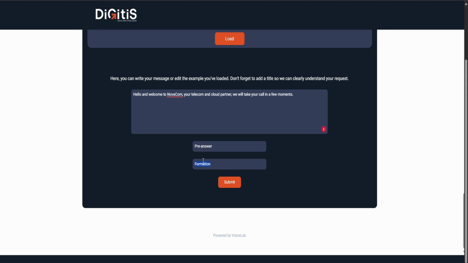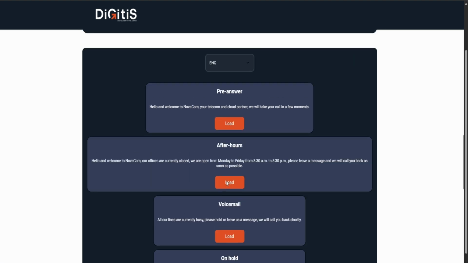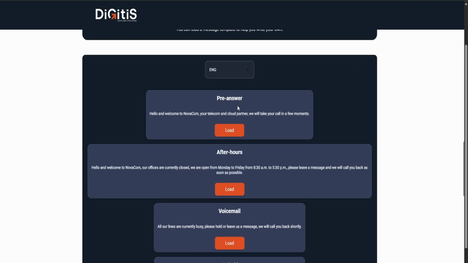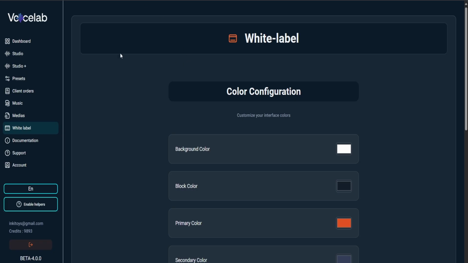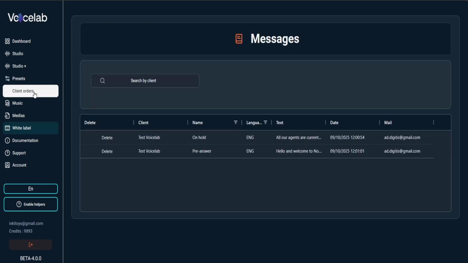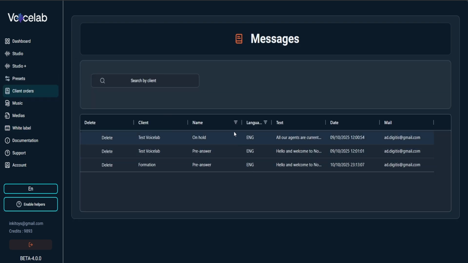We reloaded the company name so the client doesn't have to re-enter it. He clicks on send and we bring him back to the top because he might want to create several messages. So each time you will receive an email with his message. Okay. Once done, you will be able to go to VoiceLab and you see that we will find here the